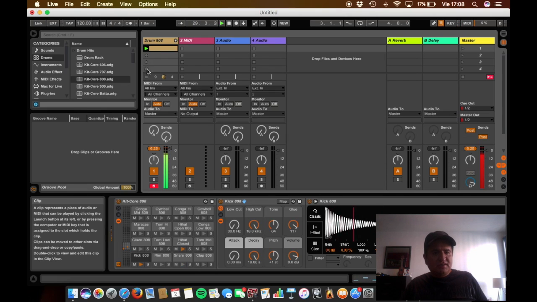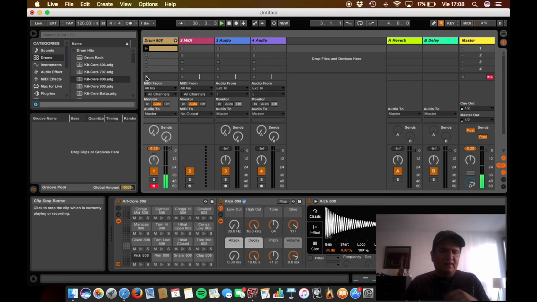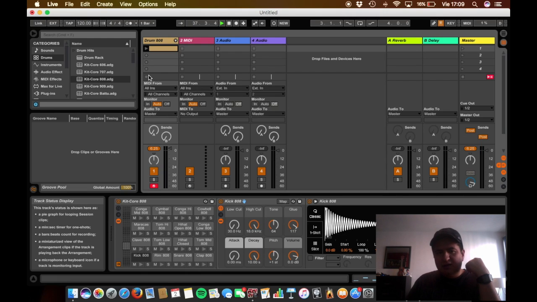For a DJ set or for a live band situation, that would be great, and it's very useful. So that is another thing that you can do with Ableton. You can map MIDI controllers, you can launch clips,